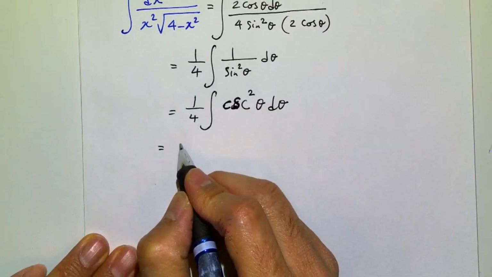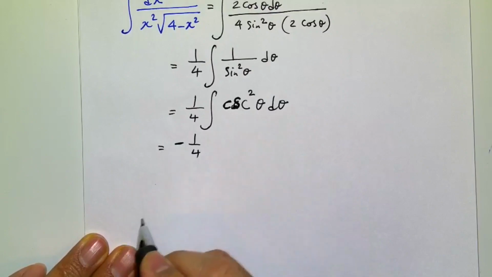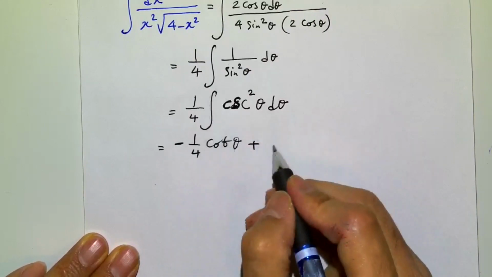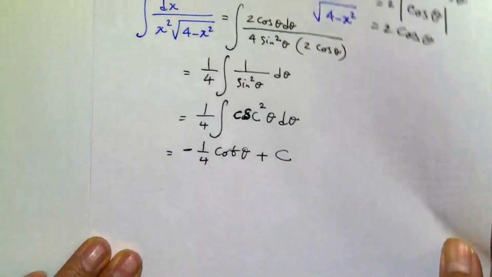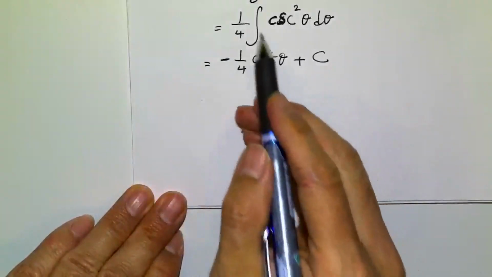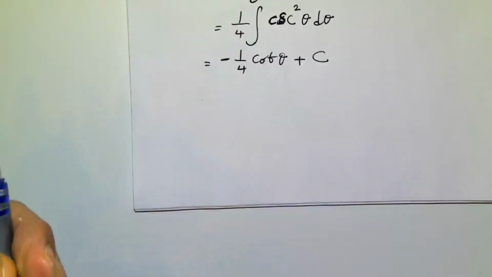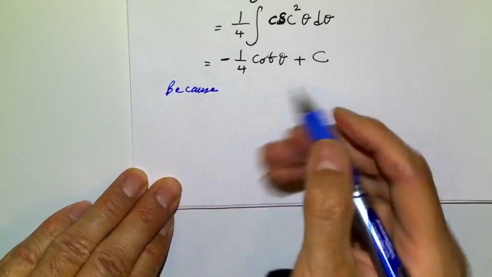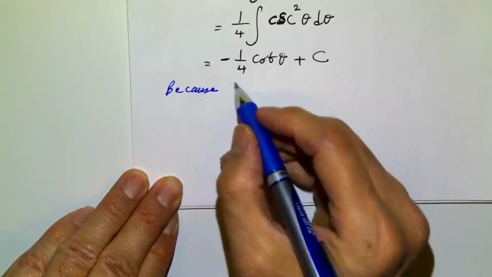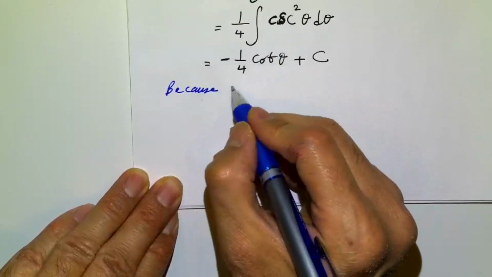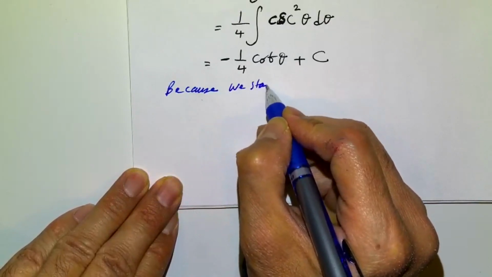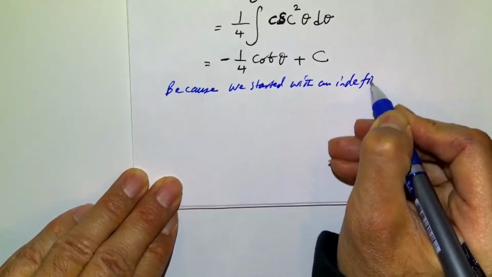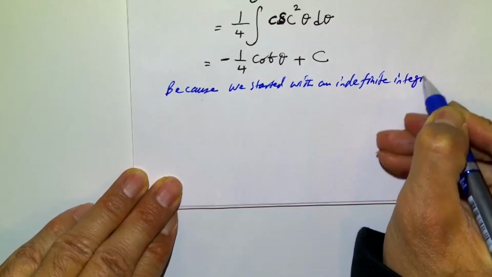We get minus 1/4 cotangent of theta plus c, because this is an indefinite integral. Notice that because we started with an indefinite integral,